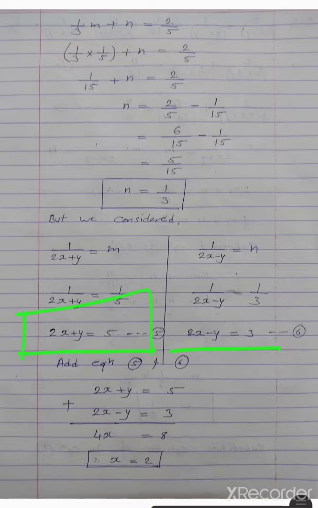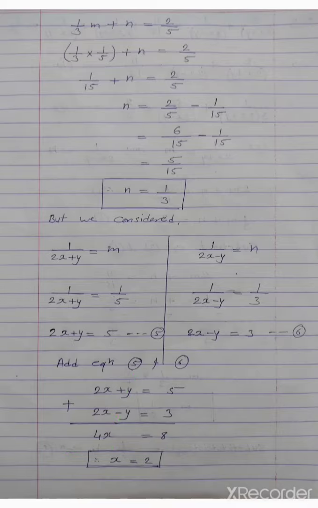Now you can solve these two variables by a simple method, by using the elimination method, otherwise by using the substitution method. Here I use the elimination method. In both equations, the second terms are the same with the same constant but different symbols. So here I add them directly. When addition takes place, this plus y and minus y will get cancelled, and the addition of the remaining terms gives 4x is equal to 8. So from that we get the value of x is equal to 2.